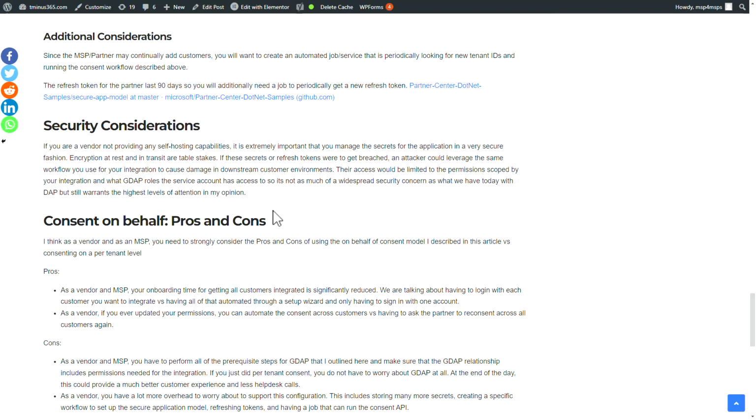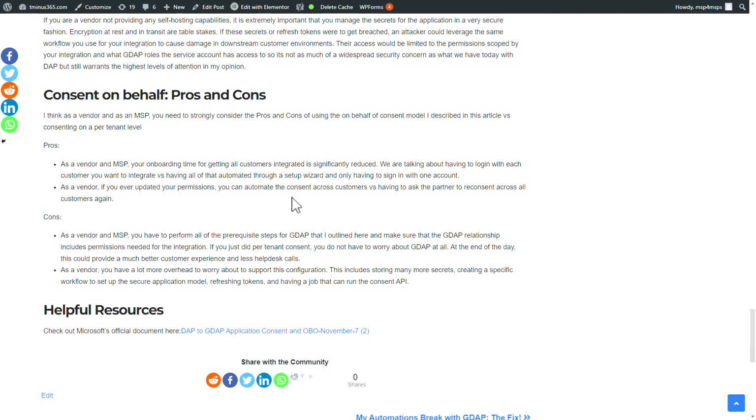So it's best to have obvious best practices about this. And then I think it also brings up the question of both you as a vendor and also as an MSP, some of the pros and cons of the on behalf of model and the per tenant model. So I kind of outline that here as well too. And effectively, what I'm basically describing here is that, as for the pros of the consent on behalf model,